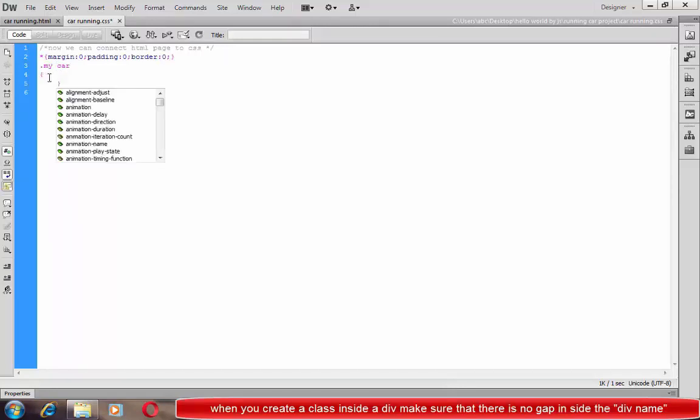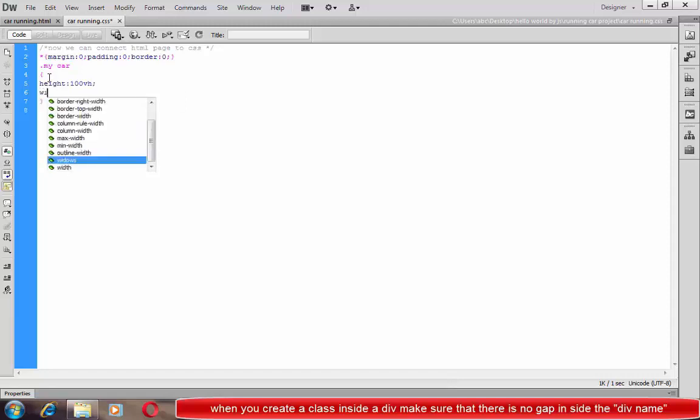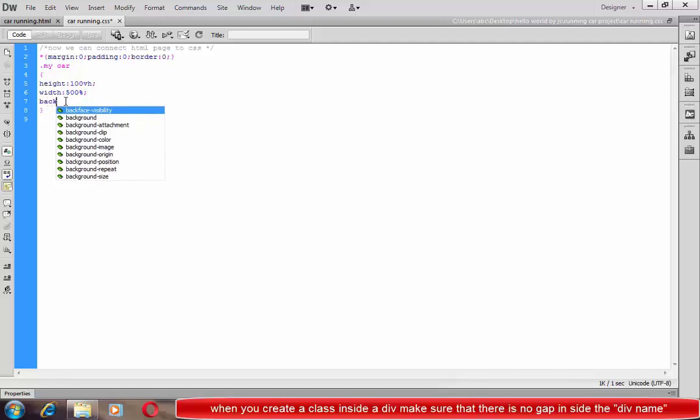And next, again I use dot my car here, and after that we use height is 100 pixel, and again after that we use width. For width we use 500%, and after that we use our background image here, which image we can use inside the background.